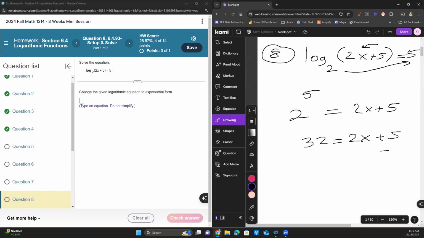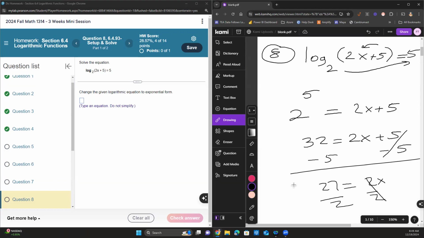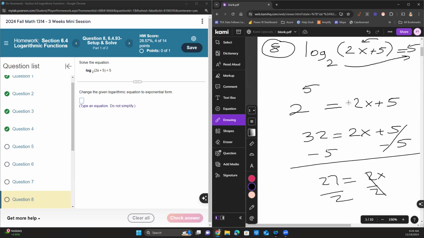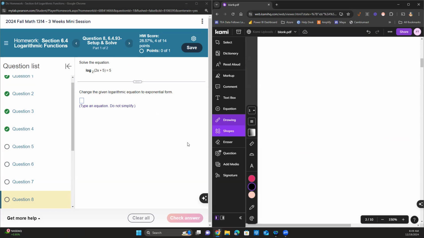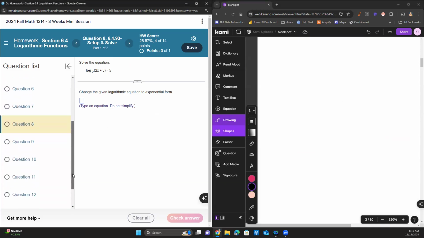To solve for x, we will subtract 5 from each side. So that is 27, and that's 2x. And then if we just divide each side by 2, x must be equal to 27 over 2 with this setup. And then for question 9 next,